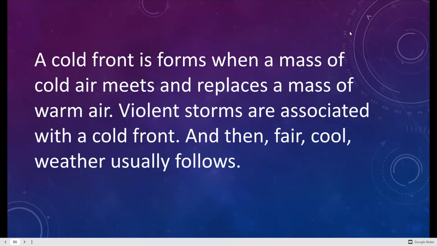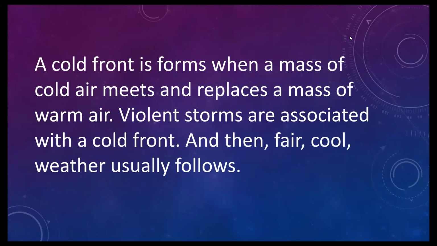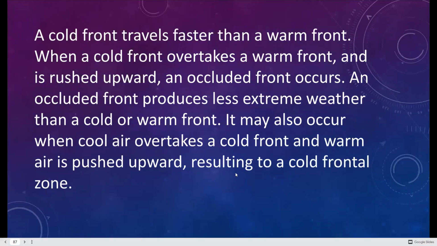How about the second one? The second one is a cold front. A cold front forms when a mass of cold air meets and replaces a mass of warm air. Violent storms are possibly associated with a cold front, and then fair, cool weather usually follows. A cold front travels faster than a warm front. When a cold front overtakes a warm front and rushes upward,